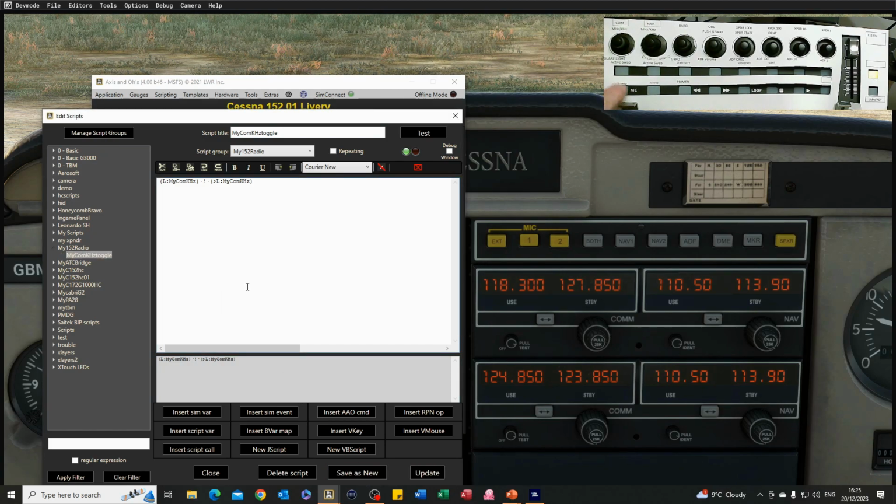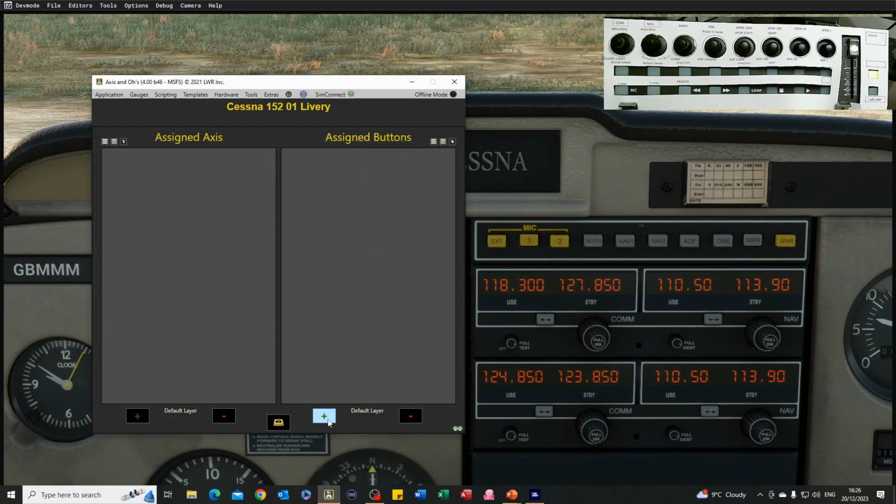I also want to do the same sort of thing for this radio here, which radio I'm talking to. So rather than my kilohertz, this one here is going to toggle my radio. So instead of kilohertz here, we'll just put radio here and here as well, and save that as a new script. So I've now got these two scripts here, and we'll allocate those